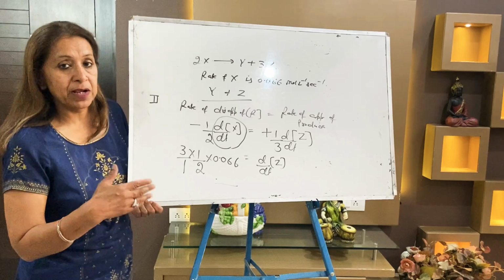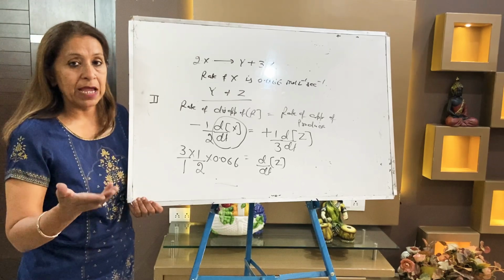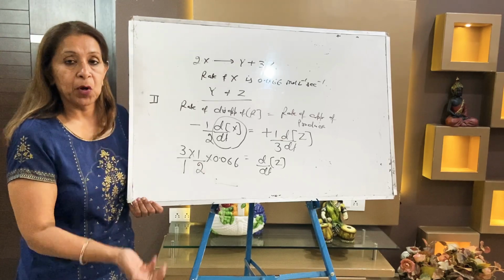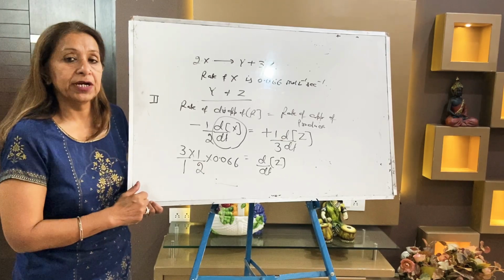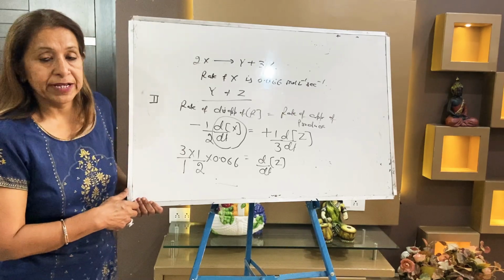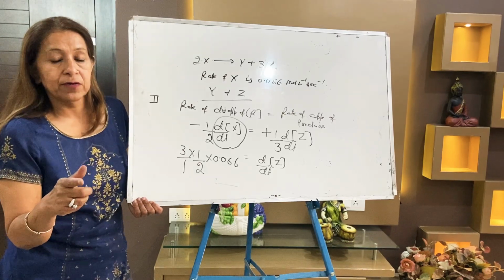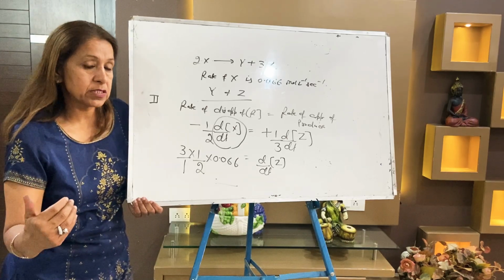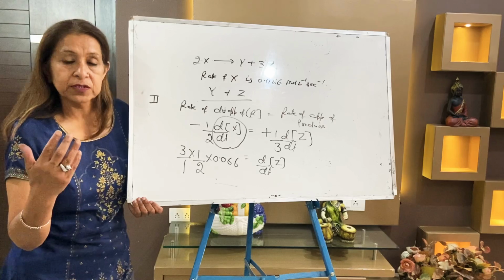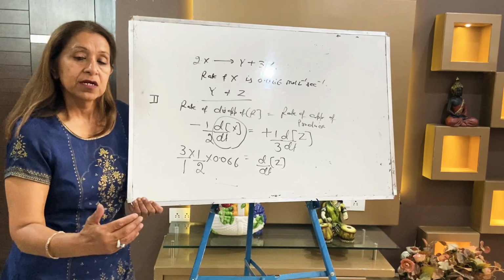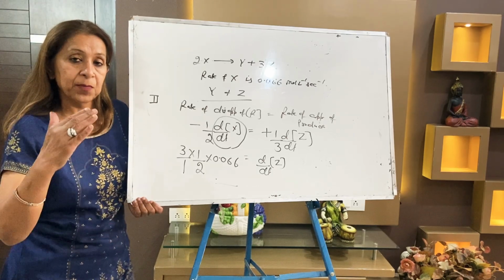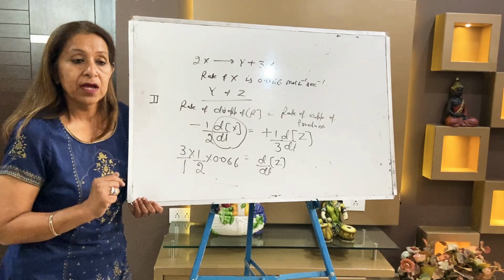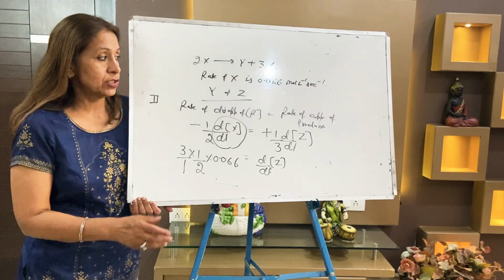When does average rate become equal to instantaneous rate? When time approaches 0. How to calculate instantaneous rate? By plotting a graph, drawing a tangent, and calculating the slope of the tangent. For reactant and product at the same time, their rate values will be the same, the difference is only of the sign. This means at the rate where the reactant disappears, at the same rate the product appears. Okay, so this is all about today's lecture. Thank you.